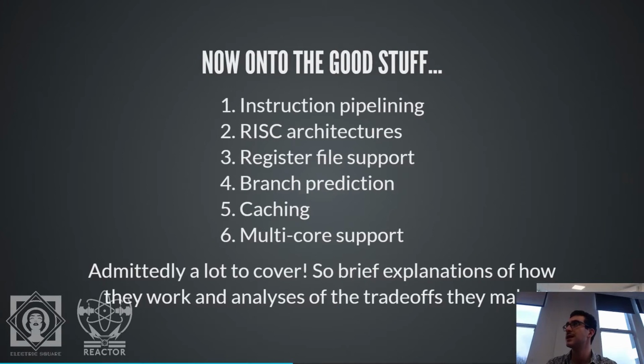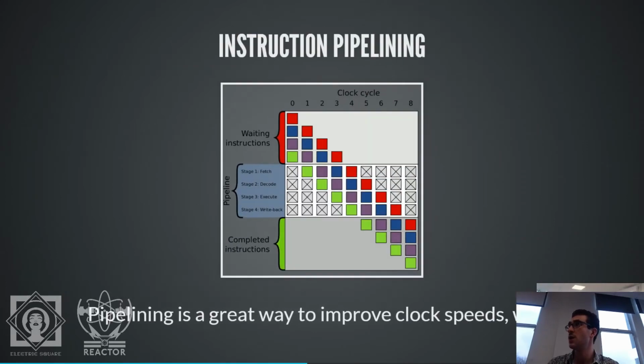So the things that CPUs use to take advantage of the hardware we can manufacture are instruction pipelining, RISC architectures, register file support, branch prediction, caching, and multi-core. So let's cover this. What's instruction pipelining? The idea behind instruction pipelining is that